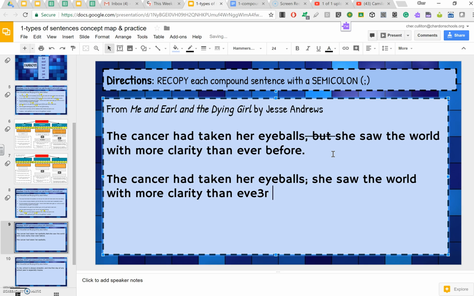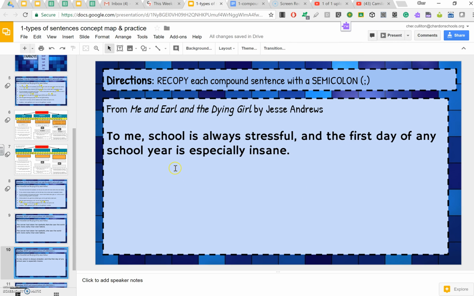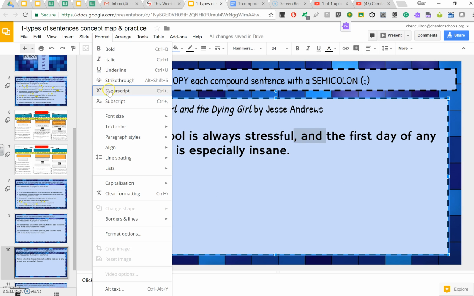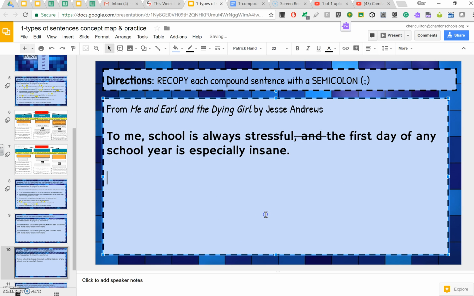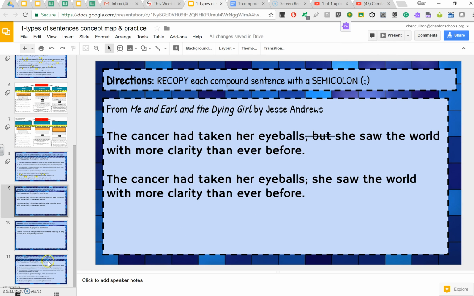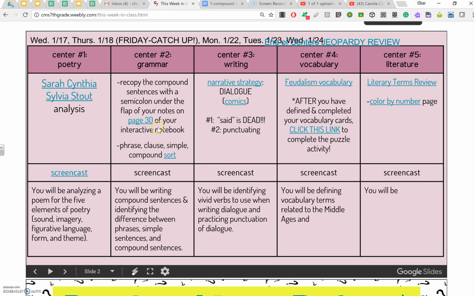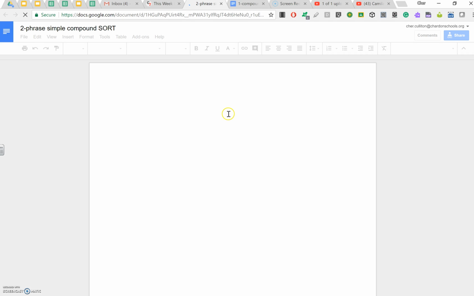Okay, so recopy the sentence by getting rid of the comma fanboy and replacing it with a semicolon. So you're going to go ahead and do the rest of those sentences. Do the next one. Cross off the comma fanboy and then recopy it by substituting in a semicolon. After you have all of those sentences done, at your station, you should have, I believe it's on blue paper in a blue bin,